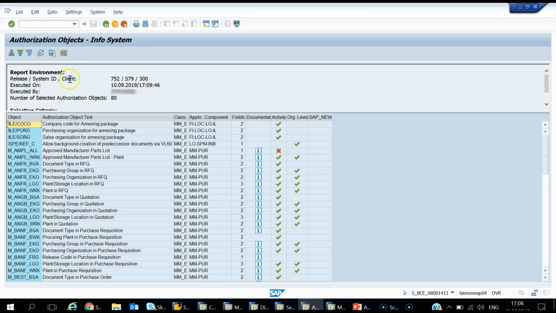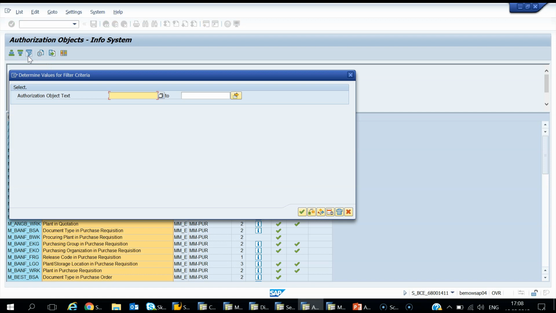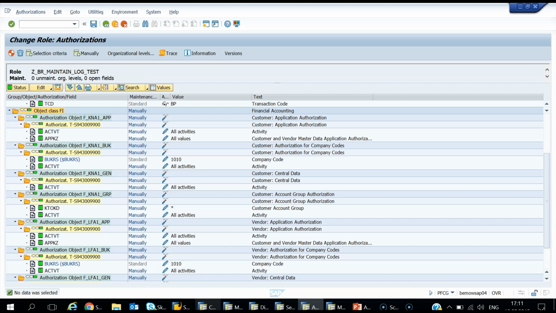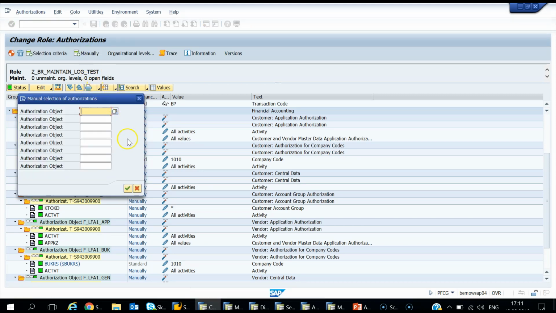and then I make filtering by Authorization Object text and select all objects that contain purchasing organization. And then star. And finally, I can see the object purchasing organization in supplier master record. This object contains LFM1 in its name. And these three letters we've already met in FI class. So I copy it, I paste it to authorizations in PFCG,